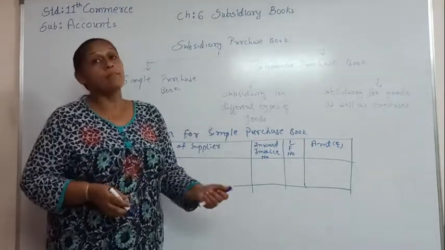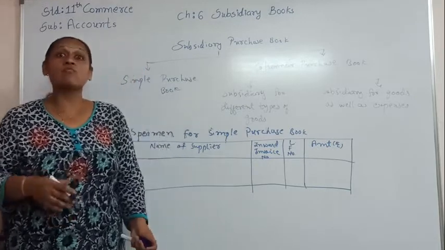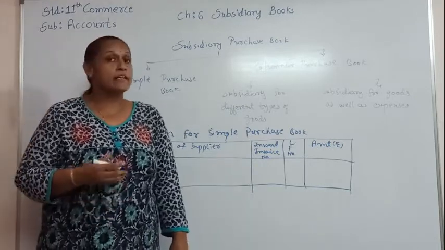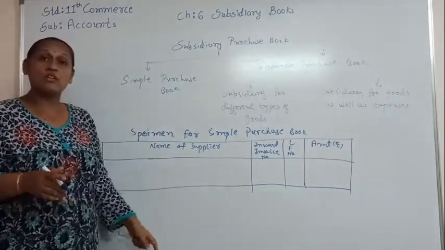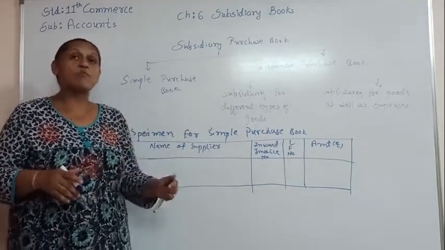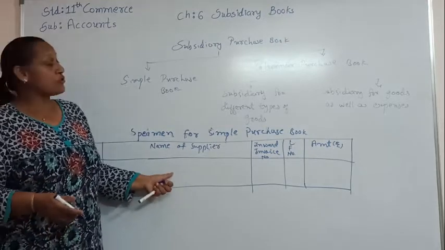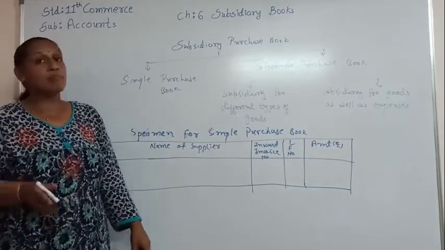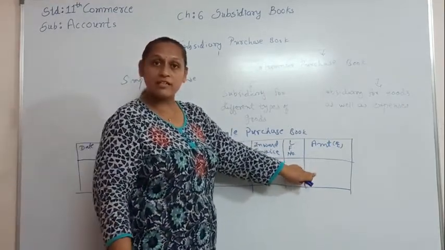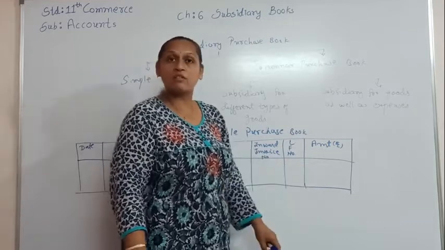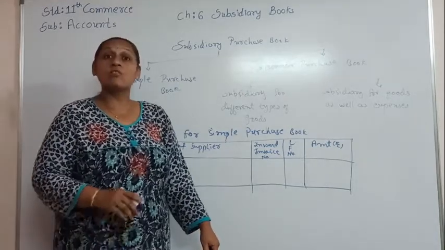So this is the specimen of a simple purchase book, and let's see this with the help of an example. Here in a purchase book we are going to write only credit transactions. That means whatever purchase we have made on credit, that we are going to write in a simple purchase book. Here again there is no other column, only one specific type of goods is going to be purchased by a businessman, so he is going to prepare a simple purchase book. In a simple purchase book we are going to record the amount after deducting the trade discount. So the trade discount we are going to deduct, and afterwards whatever the amount will be, that we will write in this. And here it is for the credit purchase.